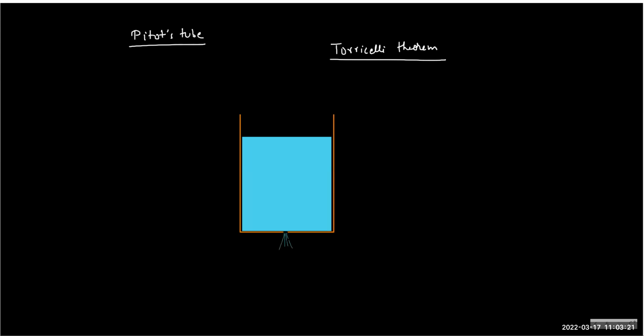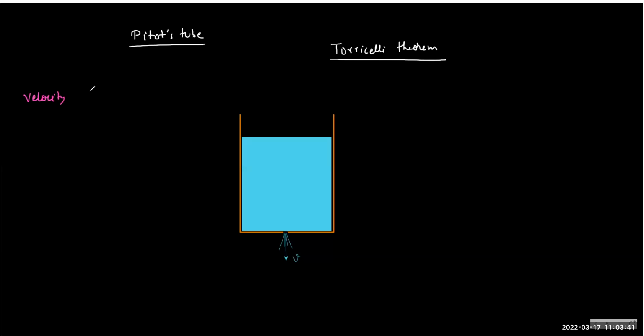The whole idea is that liquid will come out at some speed, let's call it V. And the question is at what speed it will come out. So what Torricelli said is